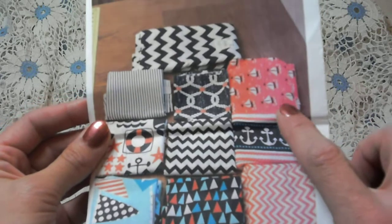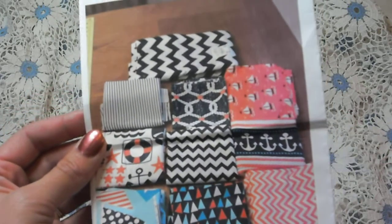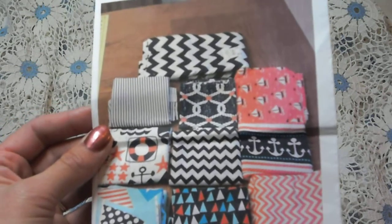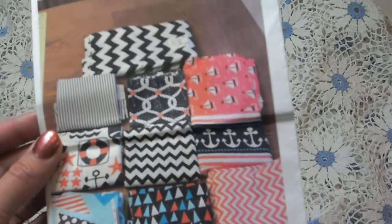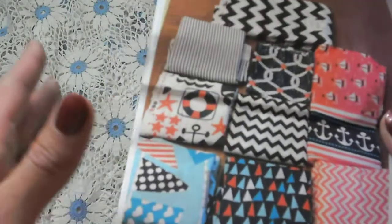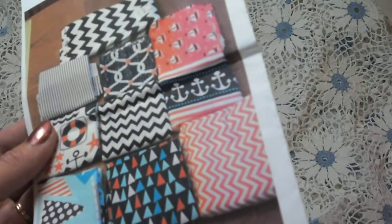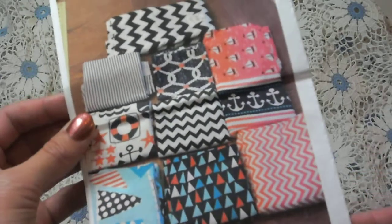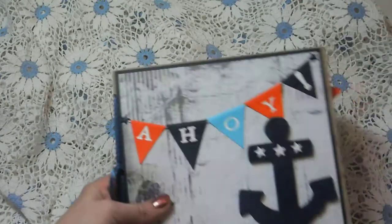Now this to me looked a little more red than orange. So I contacted the customer and I said, is it really orange? Is it orange or a red orange? And she said she thought it was a red orange, but she was making hers using fabric and she didn't have the exact same orange. So I wasn't going to stress out too much about it because I actually couldn't find a reddish orange cardstock that I thought worked well. So anyway, this was the inspiration, and I couldn't find paper at first, but I was at a local